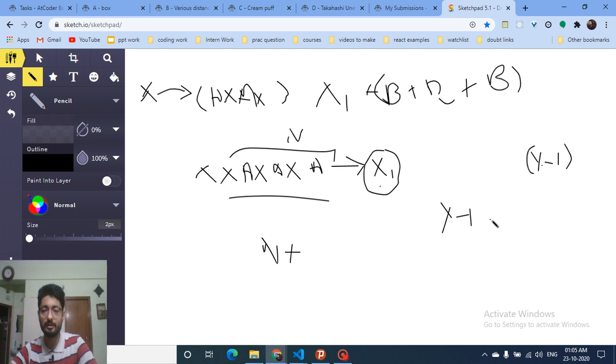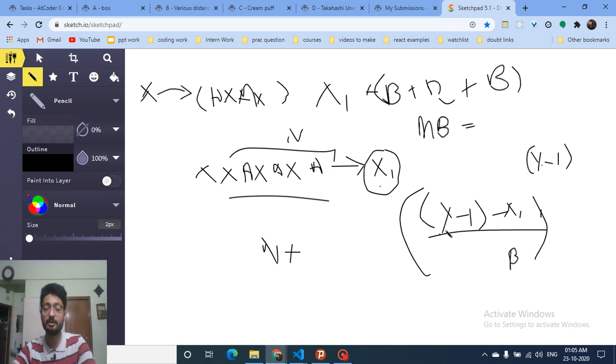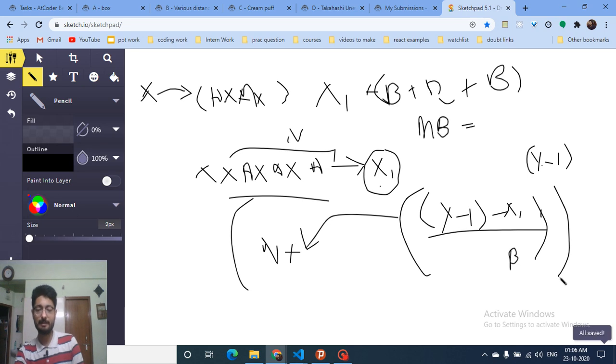I take y minus 1, this value, minus x1, divided by b, because now I have to add b every time. So how many times do I have to add? If it's m times that I have to add b, it's just equal to this number. So you just take y minus 1 minus this x1 and divide by b. It will give you how many times I will have to add b, and it will give you the second experience. And this is the total experience for one case, and you have to do this just 60 times, and then you will get the answer. I hope you get the point of how I'm solving this problem.